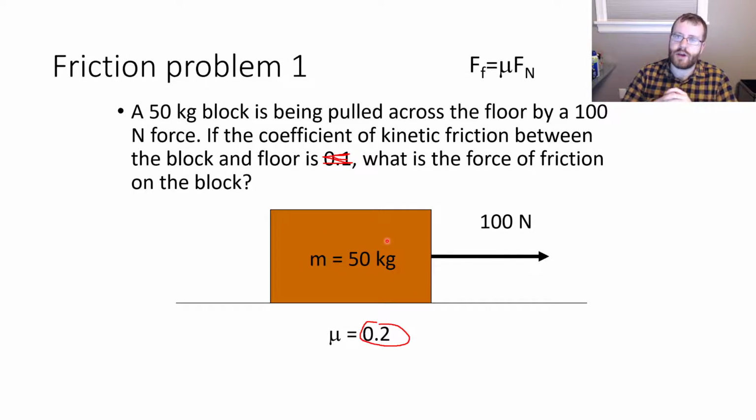I need to convert that into the weight using the formula g is equal to Fg over m, which is going to end up being 50 kilograms times 9.81. I'm going to simplify that to 50 kilograms times 10 meters per second squared, which is 500 newtons. So I have 500 newtons of weight, which is 500 newtons of force. And all I do is take the 0.2, multiply it by the 500 newtons, and we get the friction from that. So 0.2 times 500 is 100. So we have 100 newtons of